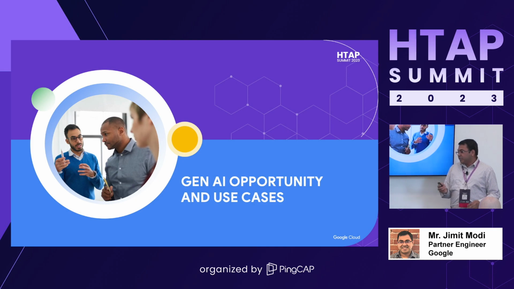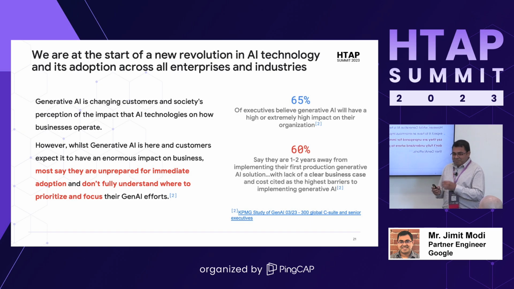Right, and now we'll switch gears and talk about some opportunities and use cases. This is an industry-wide trend which I have noticed, and it's something we also got through this KPMG study. A lot of execs are saying that they realize there's a need for Gen AI because they want to stay ahead in the market. They want to go with the flow and see the trend in terms of what's happening. But then they're also scared, because they don't know how it's going to benefit them or how they can leverage it in an organization.